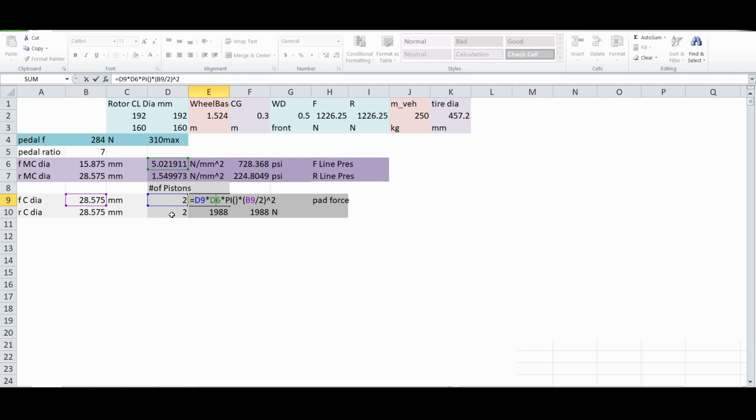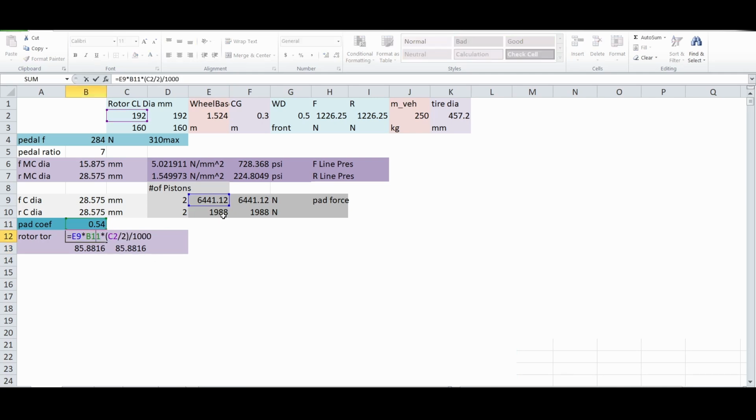So if we take the line pressure, PSI, times pi r squared, r being the radius of the caliper piston, times the number of pistons per caliper, we're getting a force that the piston is pushing the brake pads against the rotor. And we'll do that front and rear again. And I've split it up here. Front left, front right, rear left, rear right. So moving on,